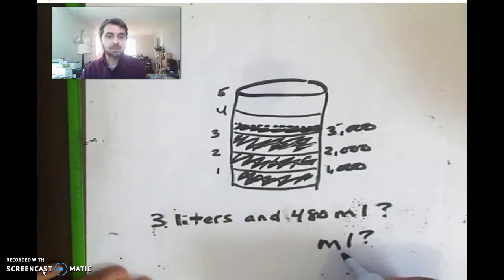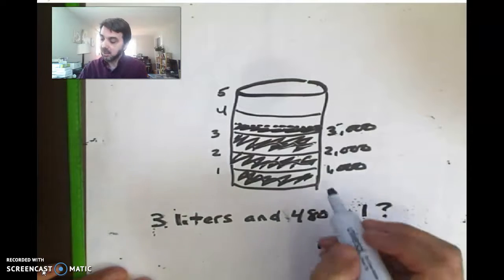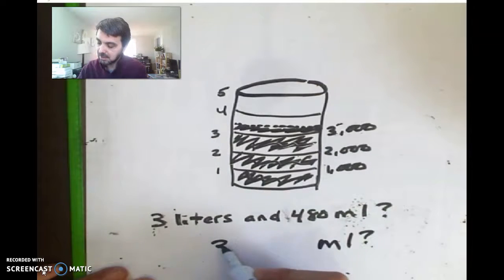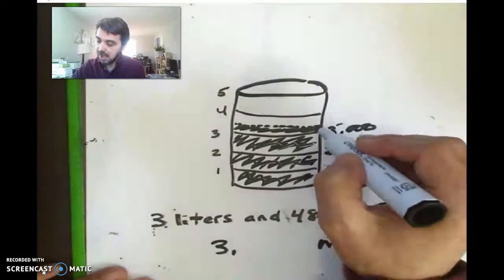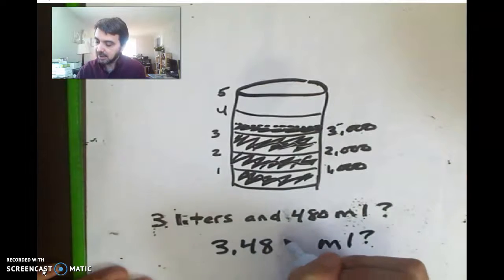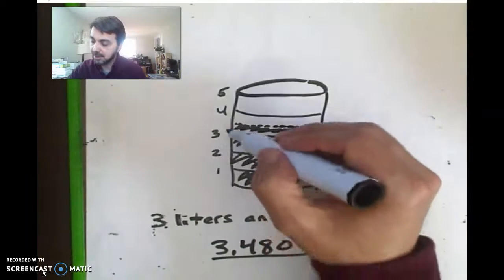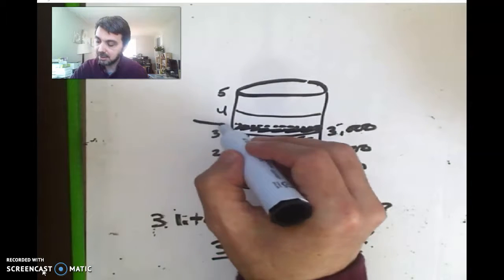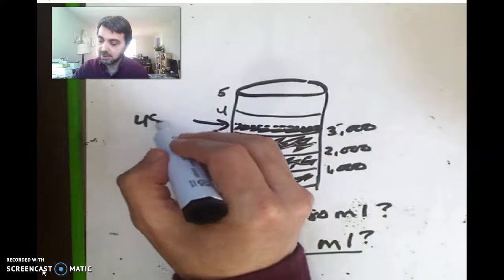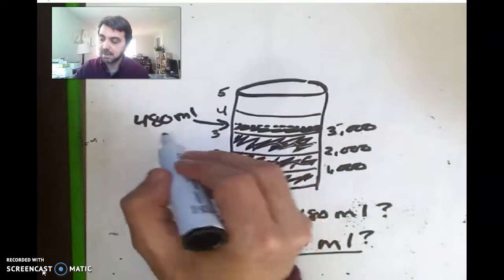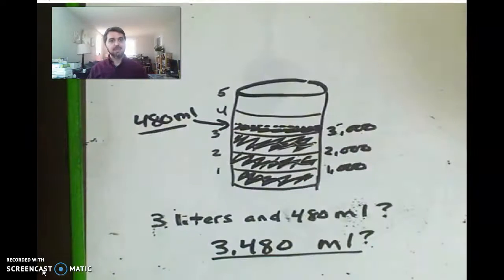So ml is shorthand for milliliters. So we would have the 3,000 milliliters plus the 480 right there. So that would be 3,480 milliliters. Okay, or you could think of it as 3 liters, and then right here is the 480 milliliters. Okay, does that make sense? Let's do one more example just to make sure, and then I'll tell you what your work is, and off